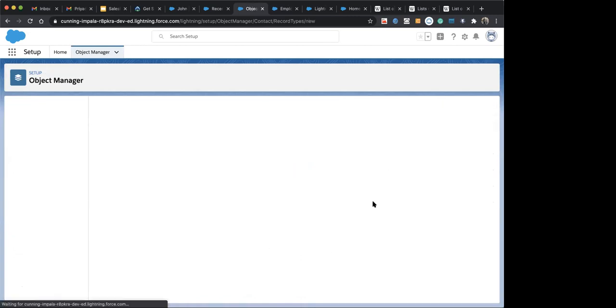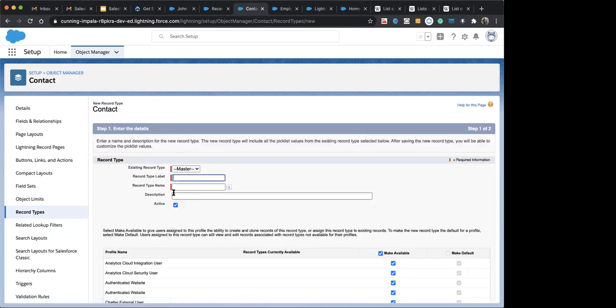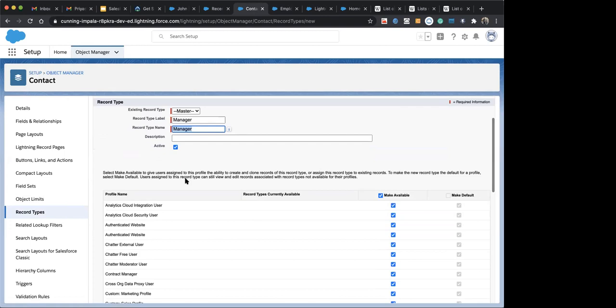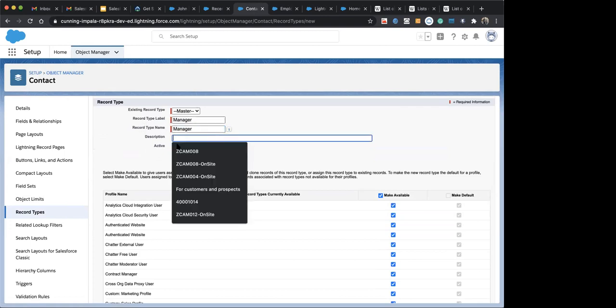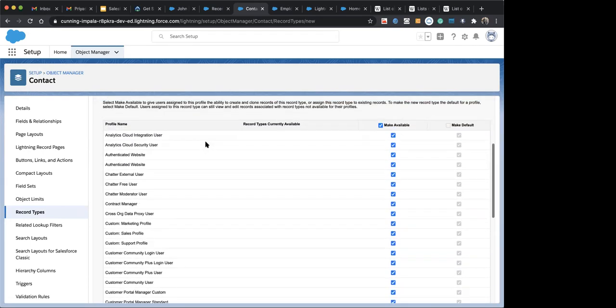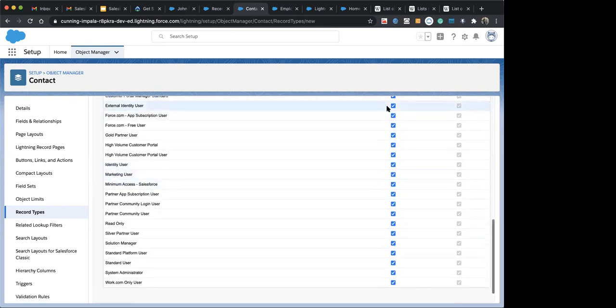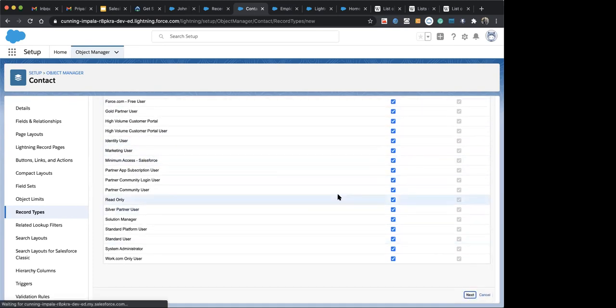Let's create a new record type called manager record type. Enter the record type name and a description if you want, and choose whether to make it active. Thereafter, we choose the profiles on which we want to make this record type available, and then we hit next.